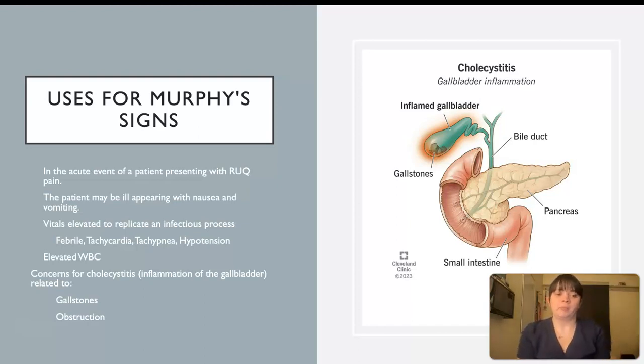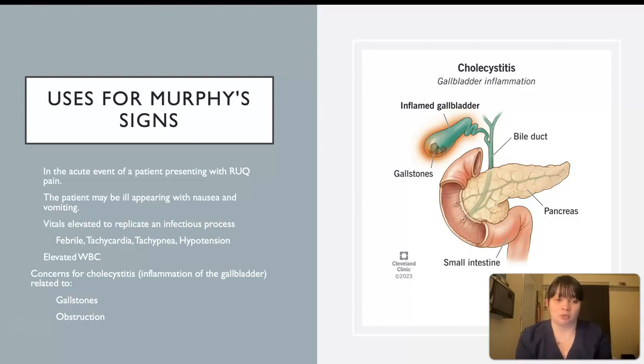quadrant. They may be experiencing signs of infection such as fever, they may be tachycardic, tachypneic, hypotensive. We may see an elevated white blood count. Our concern really is for cholecystitis if we find that there is a positive Murphy's sign,